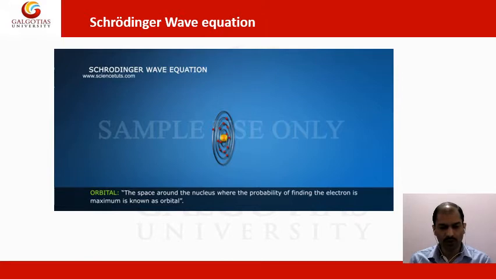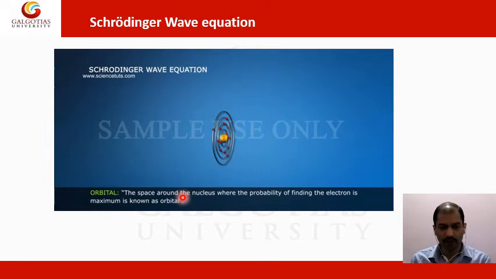As you know, the electrons reside inside different regions around the nucleus, which are called orbitals. There are four types of orbital: s, p, d and f. If you see the s orbital, the electron with principal quantum number n equal to 1 is represented by s orbital. For this, the magnetic quantum number is 0, so there is only a single orientation.